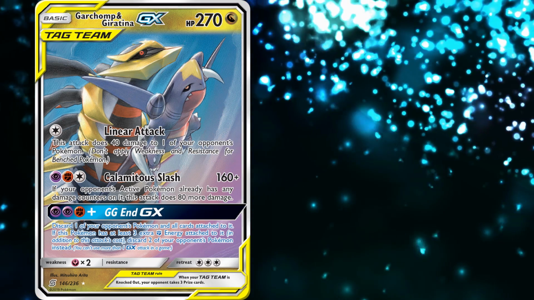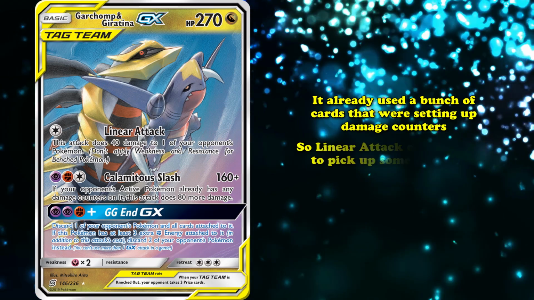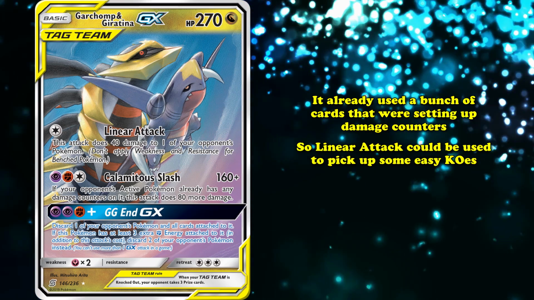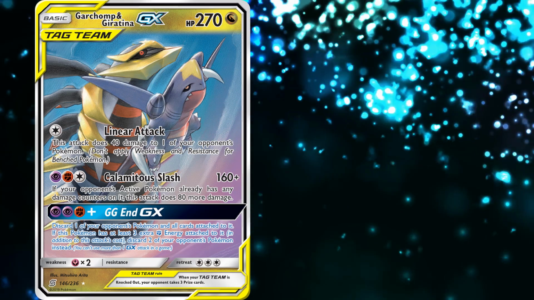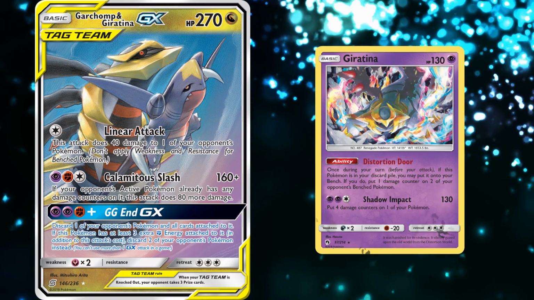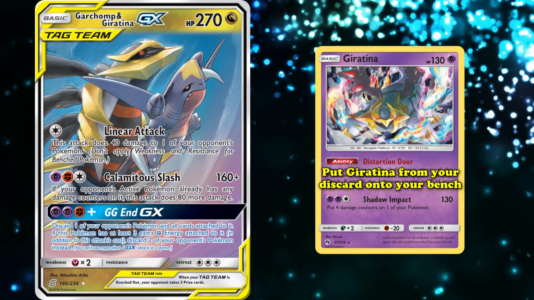What made this card work so well in the deck is the fact that it already used a bunch of cards that were setting up damage counters, so Linear Attack could be used to pick up some easy knockouts, or Calamitous Slash's additional damage would be activated. The most important card in that regard was Giratina from Lost Thunder. Its Distortion Door lets you put Giratina from your discard pile into your bench, and if you do, pick 2